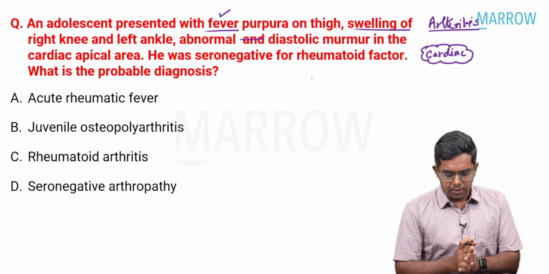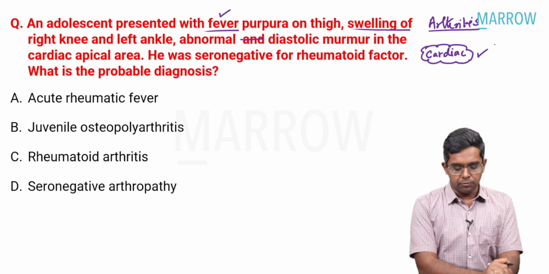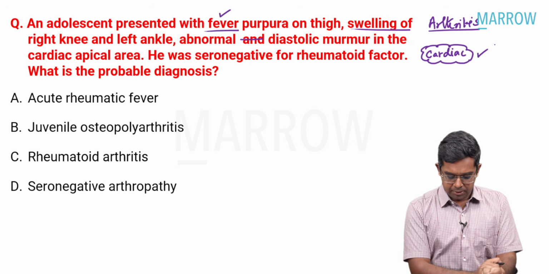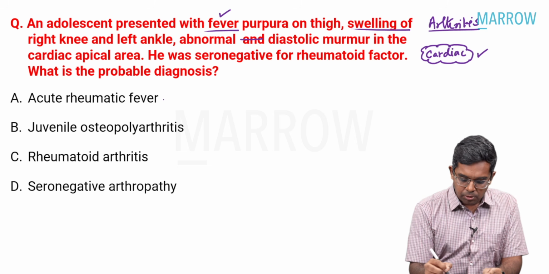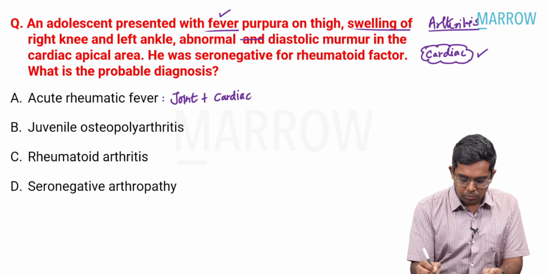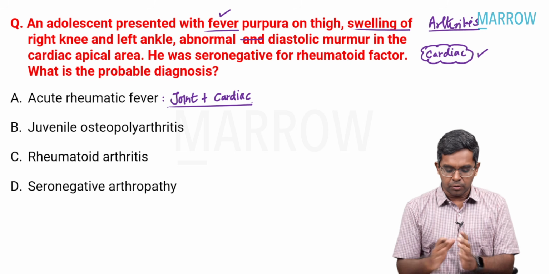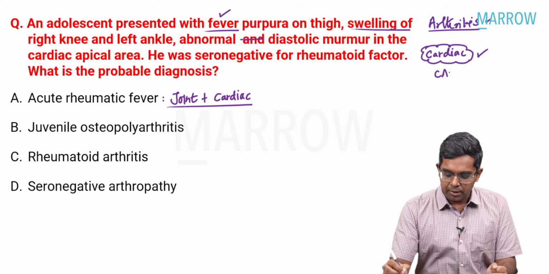So now you can see which fits into the diagnosis, mainly because of the clue that cardiac involvement, because all the options can have arthritis, like seronegative arthropathy, rheumatoid arthritis, juvenile polyarthritis, but only acute rheumatic fever will have joint involvement plus cardiac involvement. This is a well-known fact for most of us, and that should be the answer for this particular question as well. In fact, if you remember arthritis, cardiac involvement, if I write carditis,